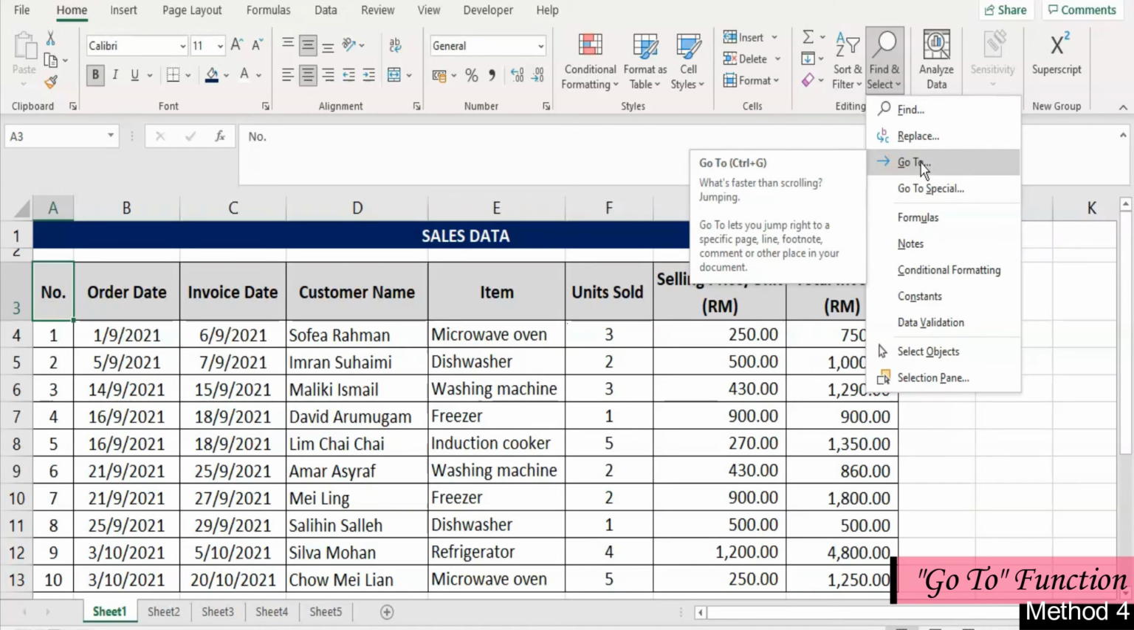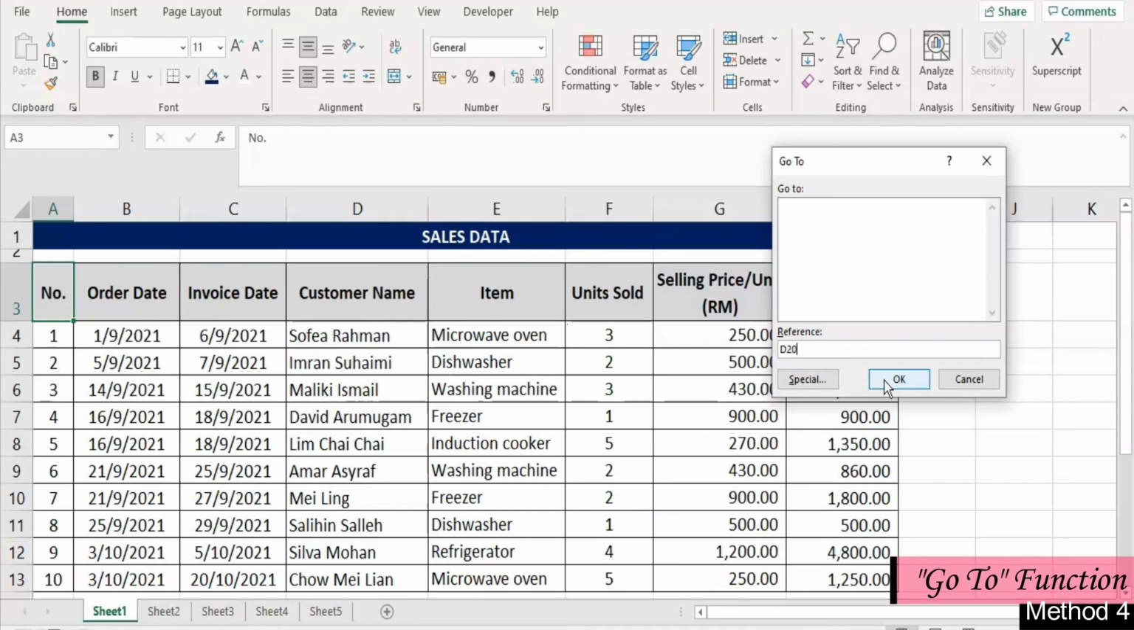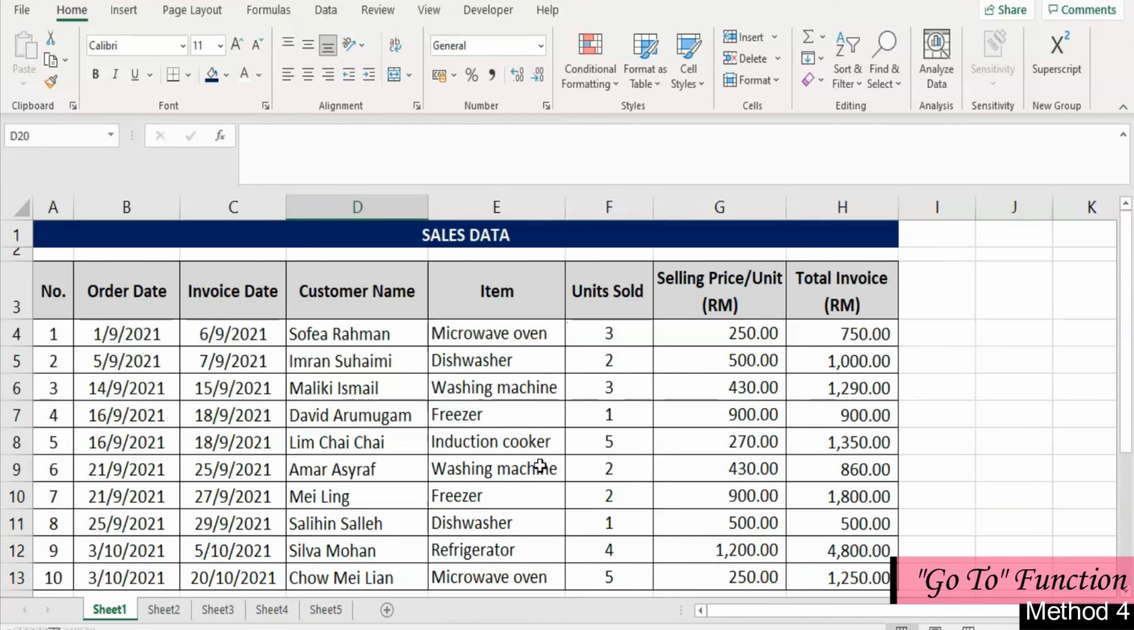Alternatively, we may use F5 or Ctrl G to get into this Go To dialog box. In the reference text box, enter the cell address or cell range that you want to select, for example D20. By pressing OK, we'll then be directed to the specific cell. This is D20. Although a primary use for this is to select a specified cell, it can also be used to select multi-cell